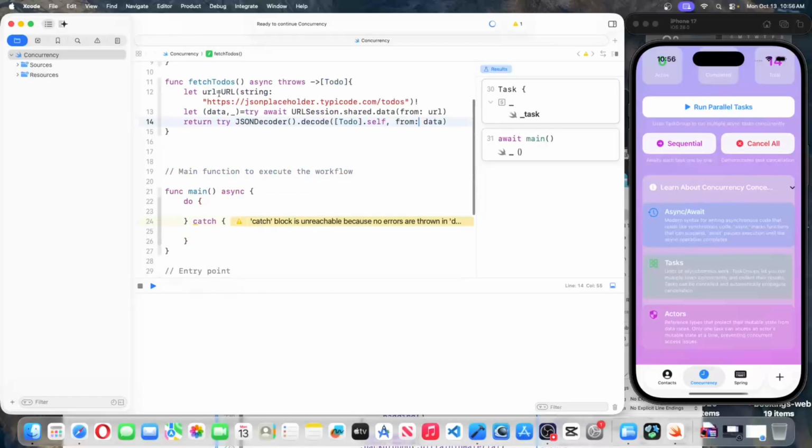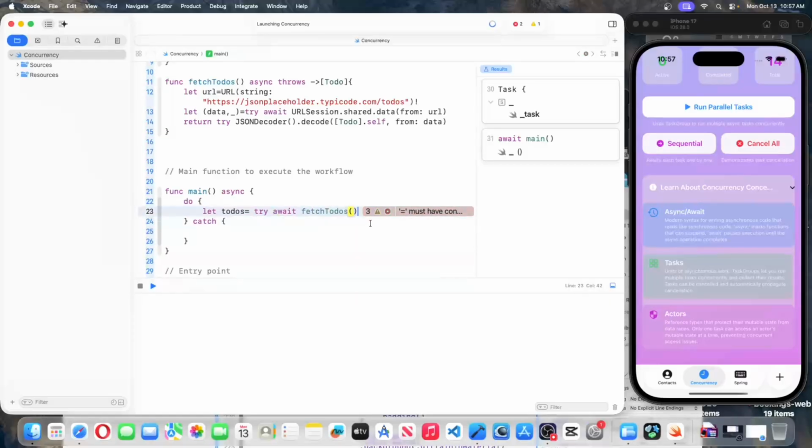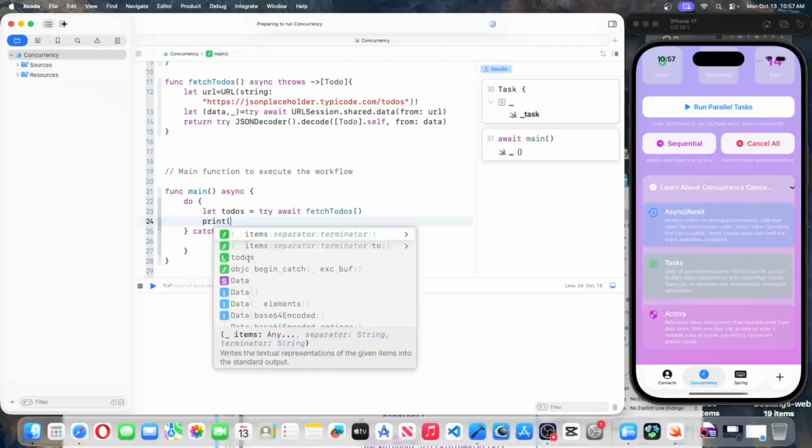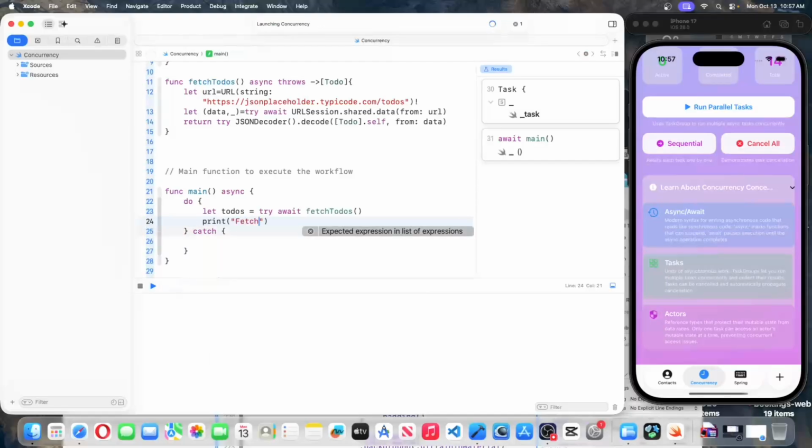And in our main function, we can say let toDos equal to try await fetchToDos, and we can say print fetching of to-dos from API is completed,